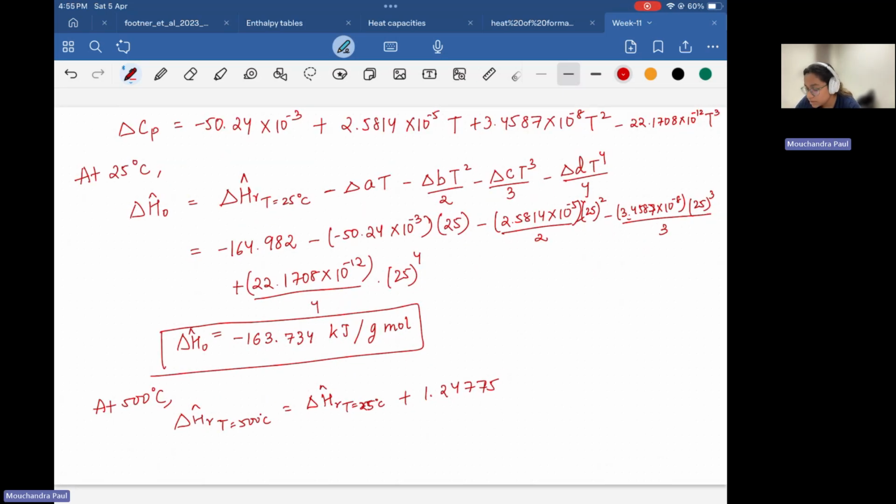This delta A T, delta B T squared, this whole value is around this. So if we add it,